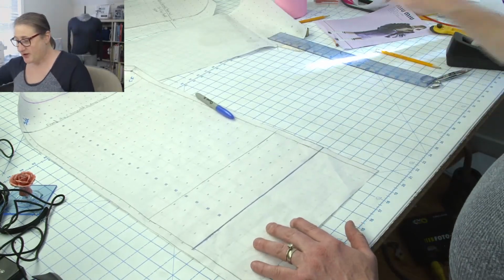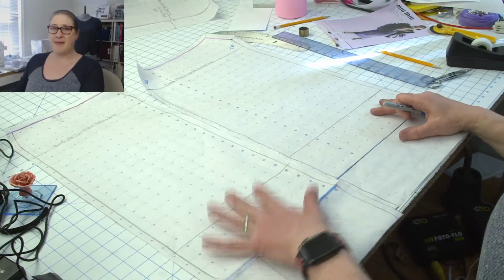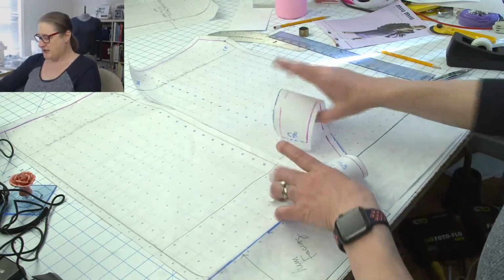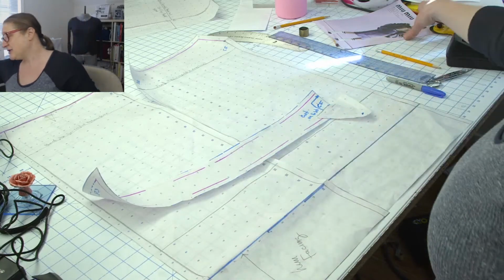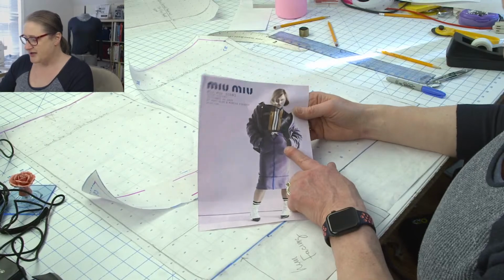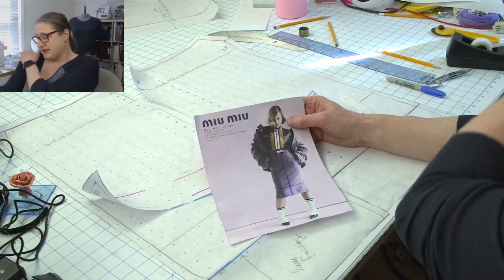All right, so here, let's just review the pieces and just make sure everything is happy snappy. I've got my back, I've got my front, I've got my waistband, and I've got my little triangle. So I'm going to turn these pieces into a version of this skirt right here. Now, after I went through the whole bother of showing you how to close the darts to make the waistband,